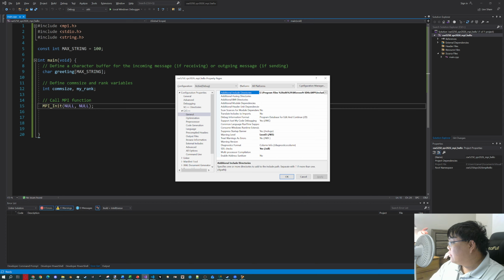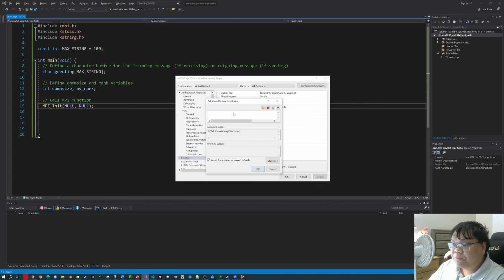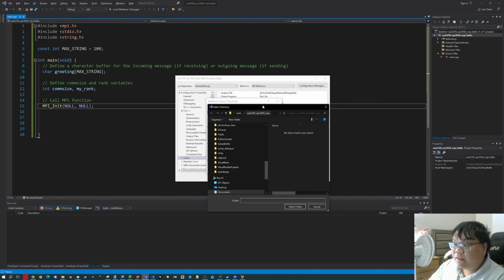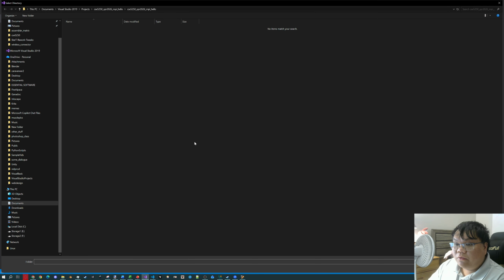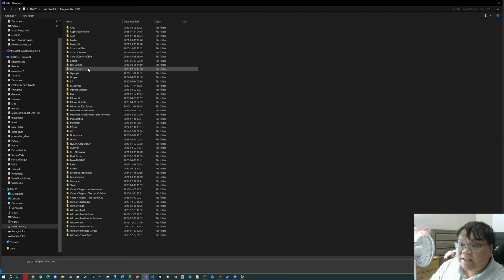add additional library directories. So for that, go to Linker. Look for additional library directories. Click the drop down, click Edit. You'll get a similar pop-up as before. Click the blank space, click it again, click the little ... button. We're gonna go to the same location as before with the include directory, but we're gonna go look for the library directory. So it's C drive again, Program Files x86,